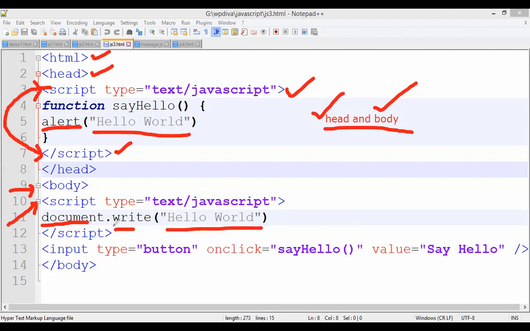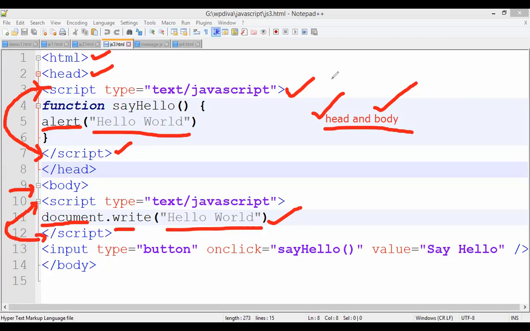Immediately if you write document.write, it will display in the browser. Directly it will come as output in the browser. It is just like a printf statement. Whatever you write within document.write will immediately come on the screen. Then you end the script tag, which is written inside the body tag.